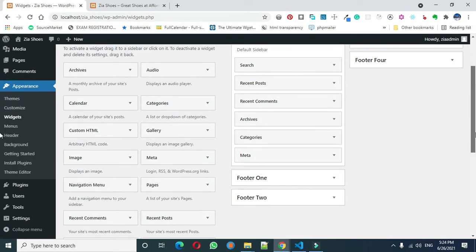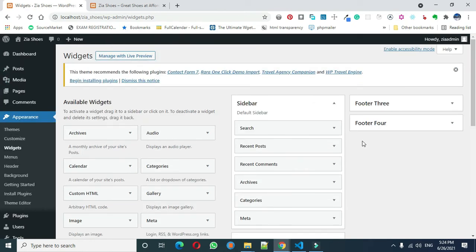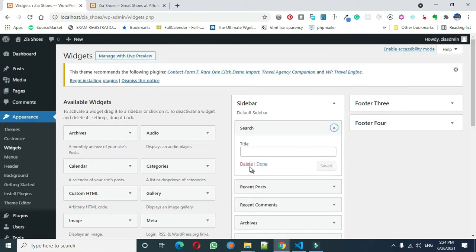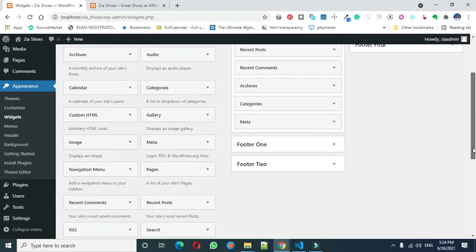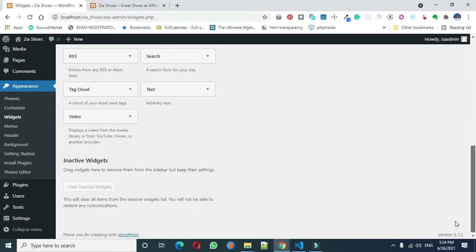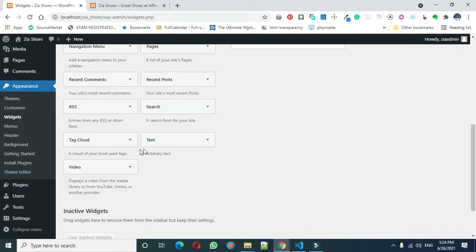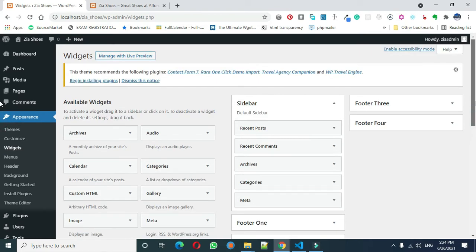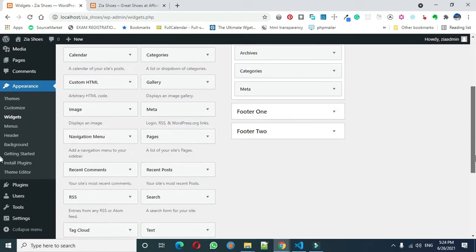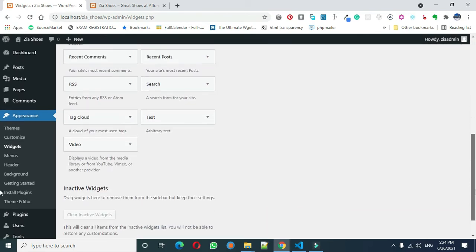website, like the search. You want to search, and like me, I don't want a search. Delete it and add it. You can do whatever with these widgets. Like I said, they come with their themes, so you can add video, you can add text, wherever it is, on the sidebar, on the footer. These are the things you can add. Yeah. So depending on the particular places that the widget allows you to add things,